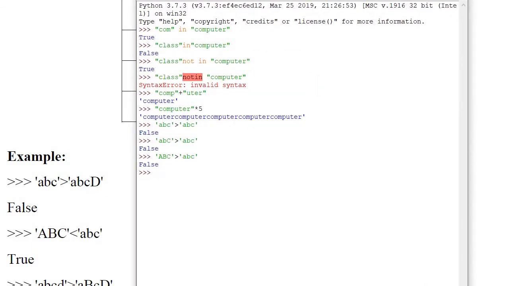If I reverse the thing here and change the sign and enter, it will say true because the value of capital ABC is smaller than small abc.